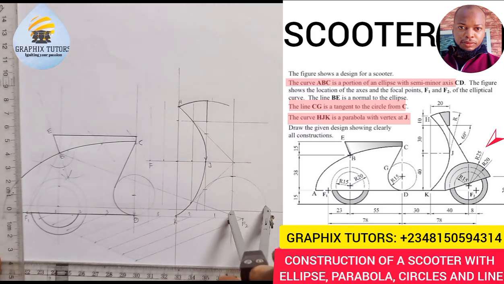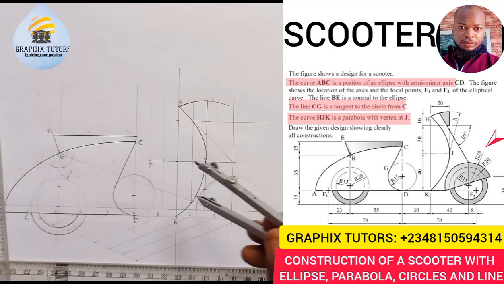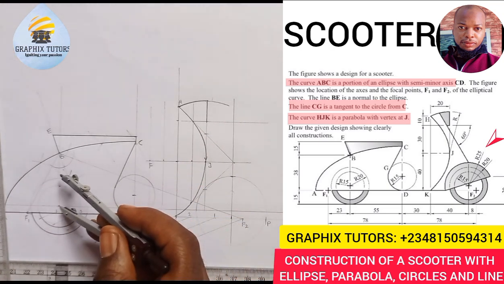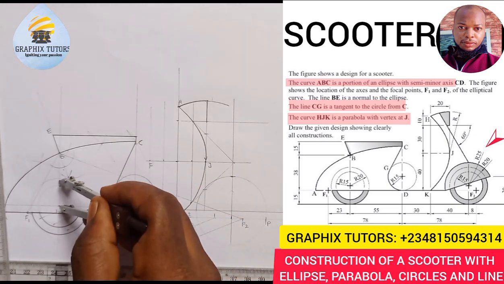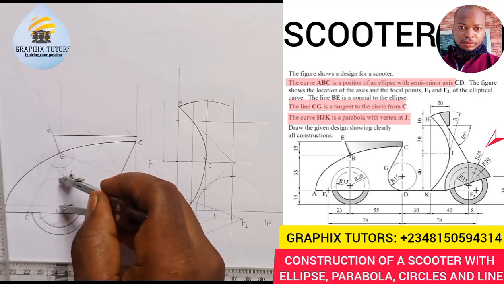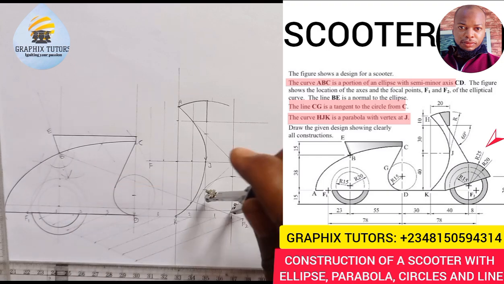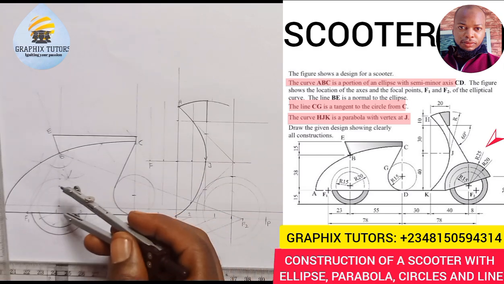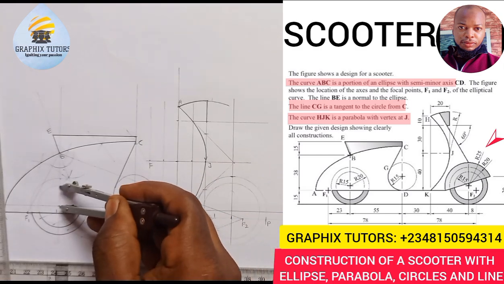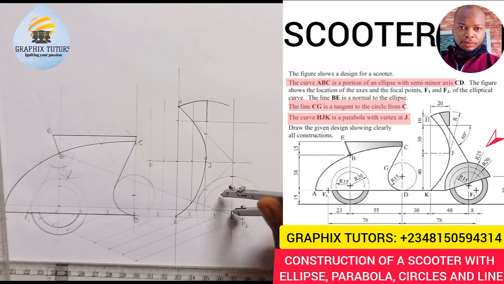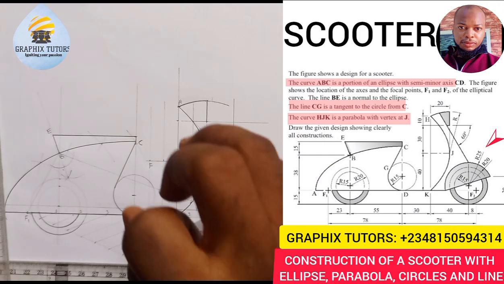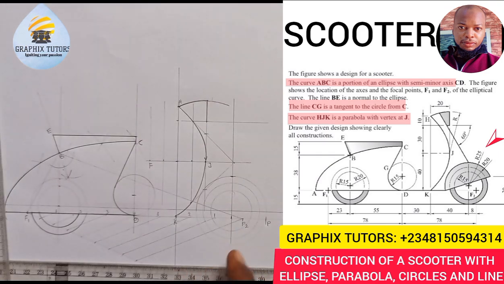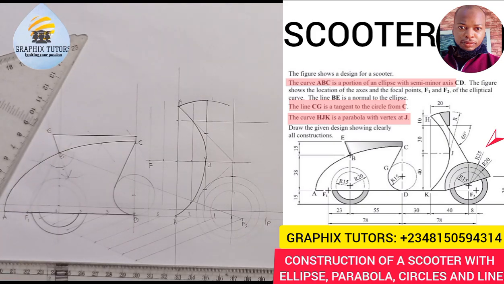Just do a faint line first. Then the next one is 25. Is 20. I'll come here. I'll do the same thing. 20. The next one is what? 15. I'll come here. I'll do the next one. 15. Remember, I only need the outer one. Alright. So before that, I will now take my